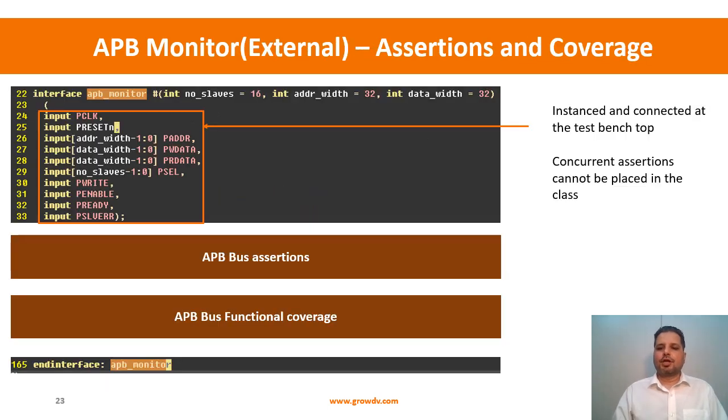So we'll now look into the APB monitor that we had instanced externally. If you remember, in the TB top, we had instanced the protocol checker monitor. This is meant for holding the concurrent assertions. So this is the interface APB monitor, and it has a bunch of these parameters that can be used for customizing